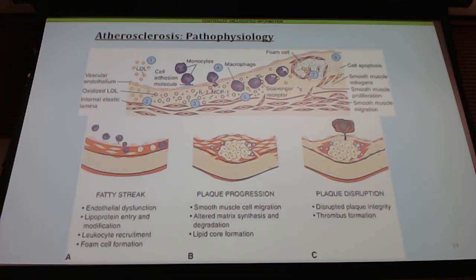It then triggers your immune system to activate by the releasing of these chemokines, cytokines, and then that activates the monocytes to come in, they invade, they turn into macrophages, they start eating up all that LDL, they're scavenging it up, and then they get too big, too engorged with all this LDL, they rupture, and then that triggers the smooth muscle cells to come through the media and into the intima, which then causes that plaque formation